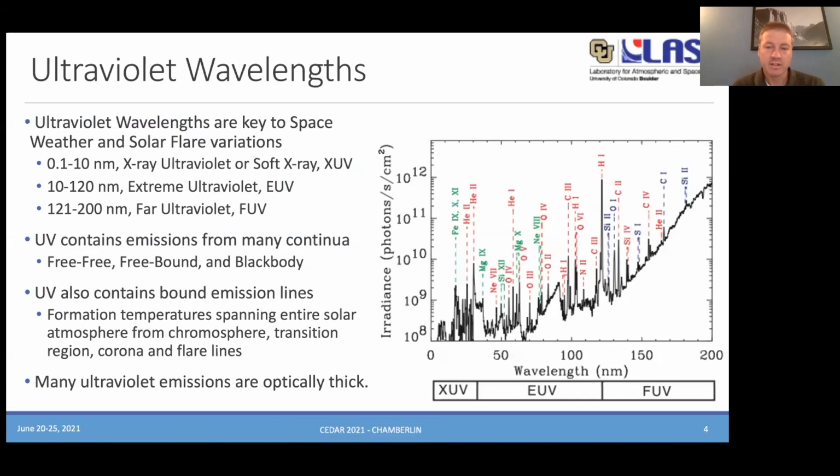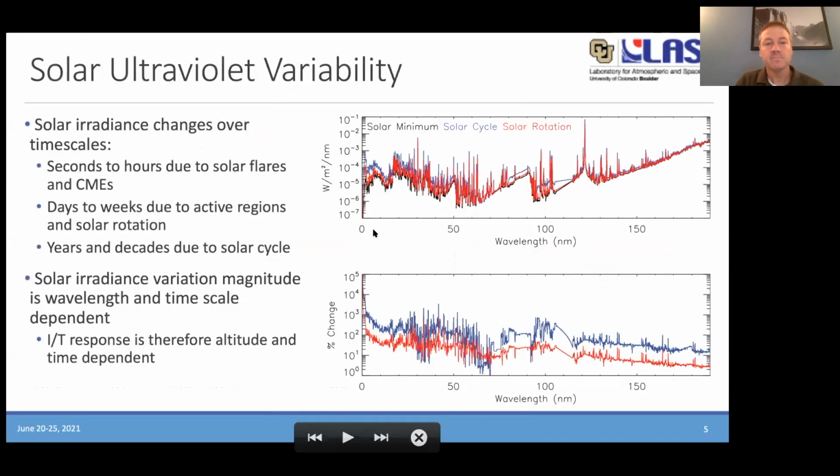So the coronal lines, the ones that you see in green, are mainly optically thin. There is some optical thickness to these emission lines and the soft X-rays as well. But these chromospheric and transition region emission lines in the blue and red are optically thick. So they behave very differently when you look at solar rotation timescales, as well as solar flares, that you need to take into account the optical thickness of these emission lines that are formed lower down in the solar atmosphere where it's more dense.